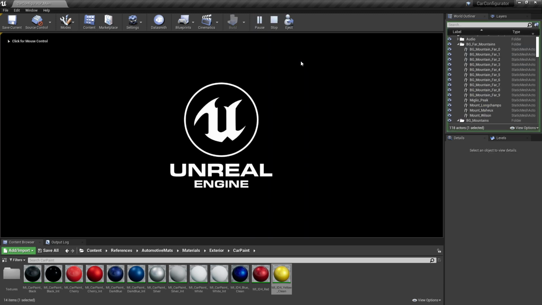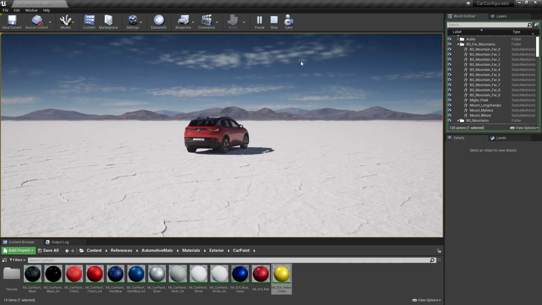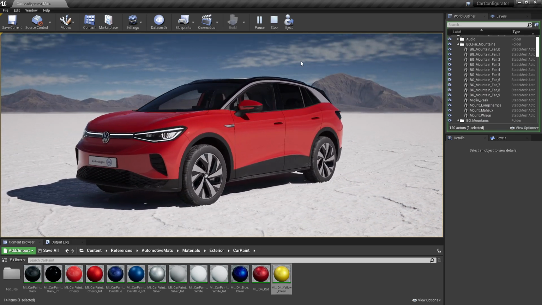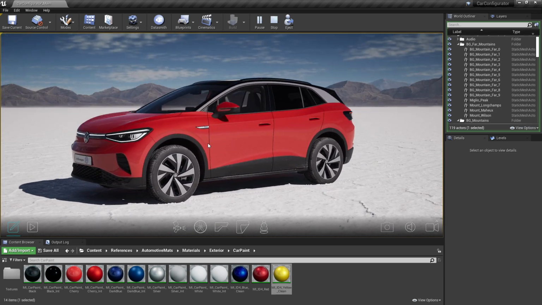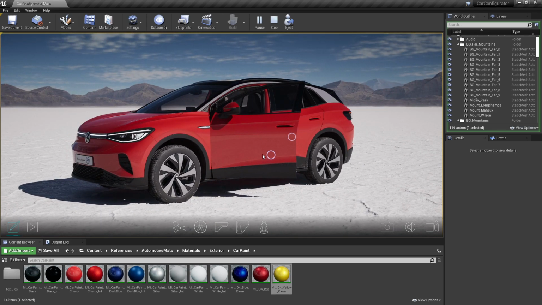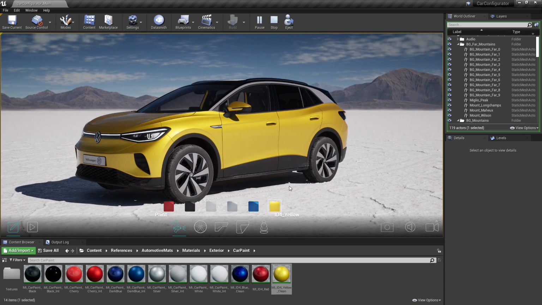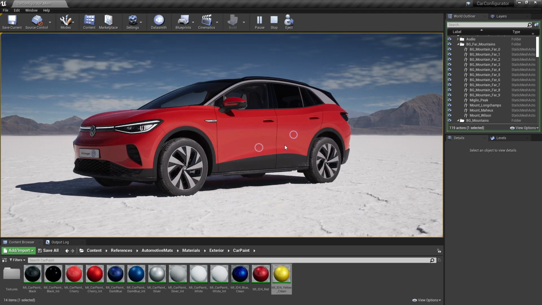So we'll start up the configurator in runtime. We'll fly up onto the ID4. You'll notice that it takes the red variant. It's always going to take the first variant in the list. If you wanted to change that, just reorder the color swatches. As we fly around this, obviously all the other stuff that we hooked up is still there and still doing its cool stuff. And if we go to the paint swatches, we can now really simply change between the variants that we took the time to set up for the ID4.